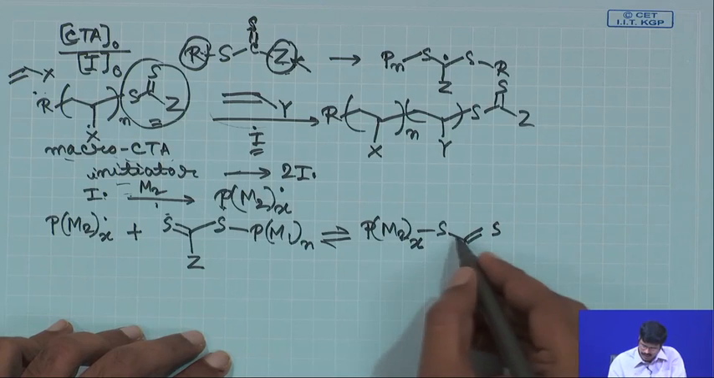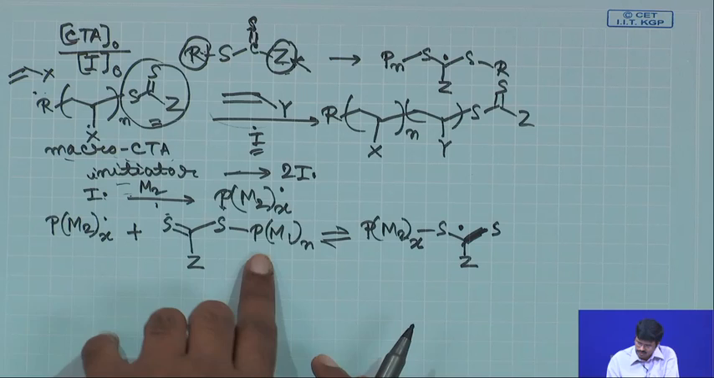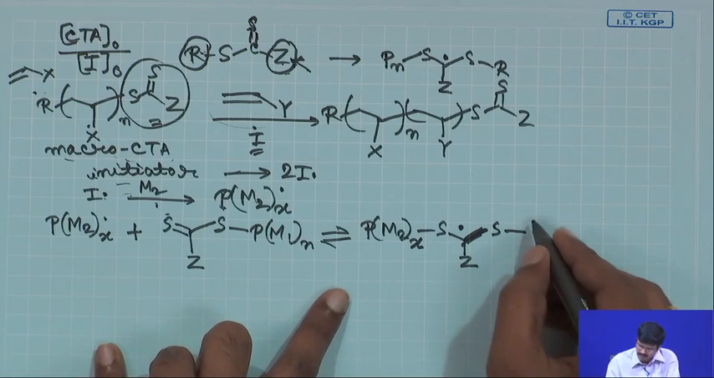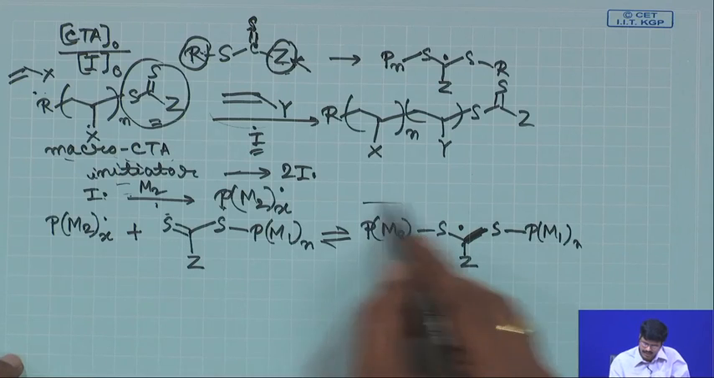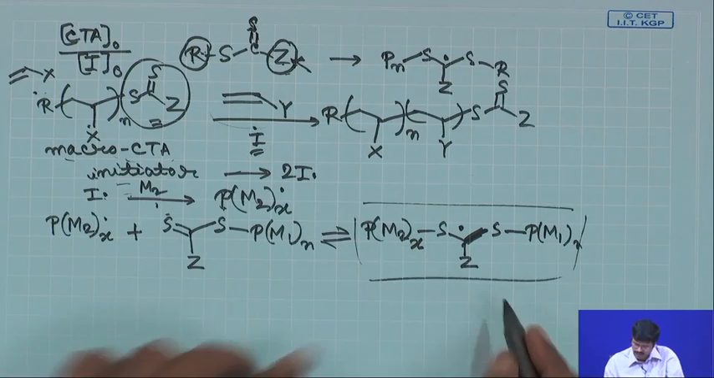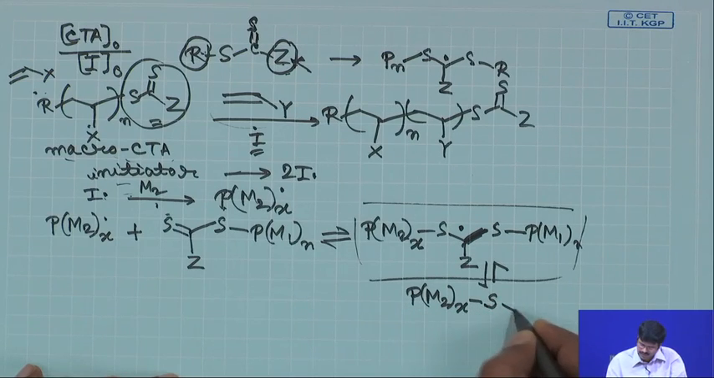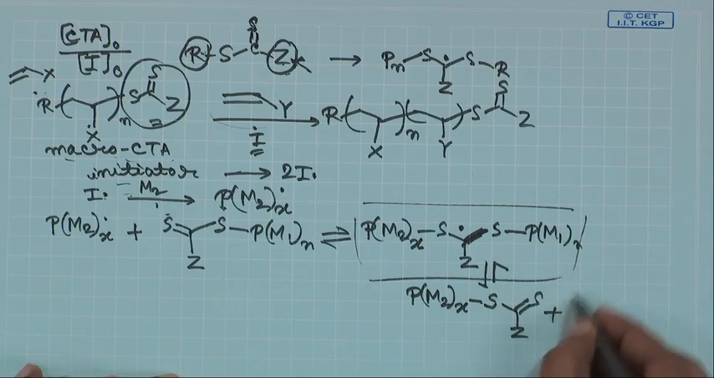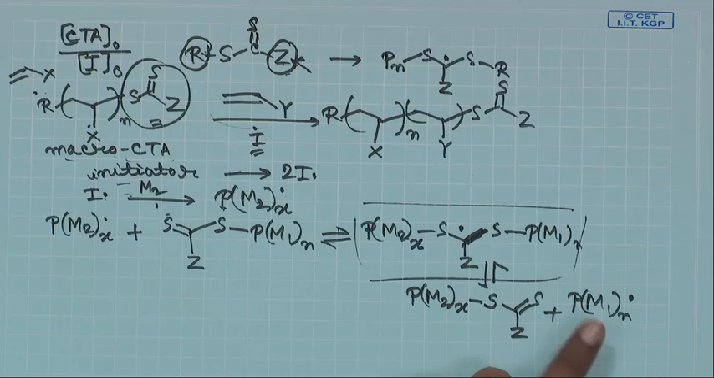So, basically let me draw this in. This is a single bond. Let me split it up into two parts. So, you have PM1N, and this is again a stabilized radical, and afterwards it can break like this. You have PM2X and then you have S double bond S Z, and this will come out as your reinitiating species. Now, this reinitiating species can basically initiate your M2 monomer,